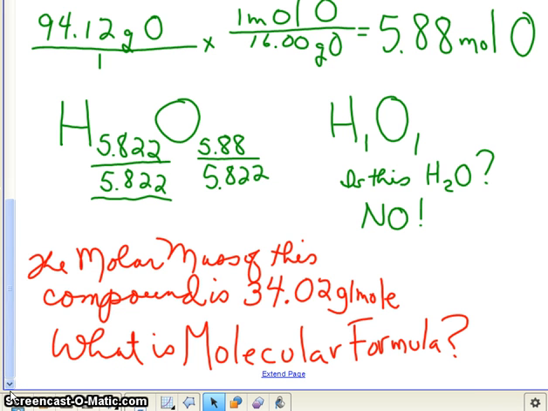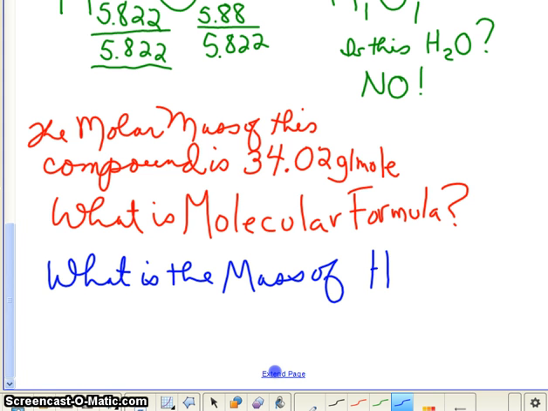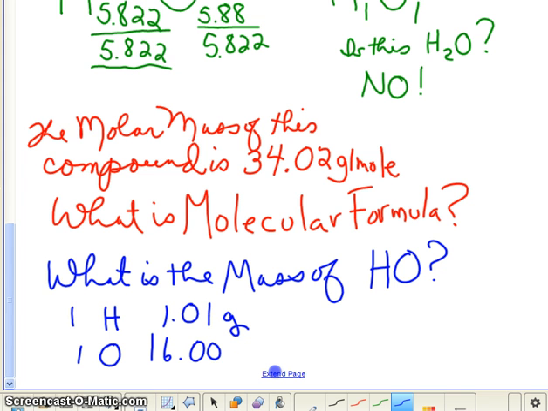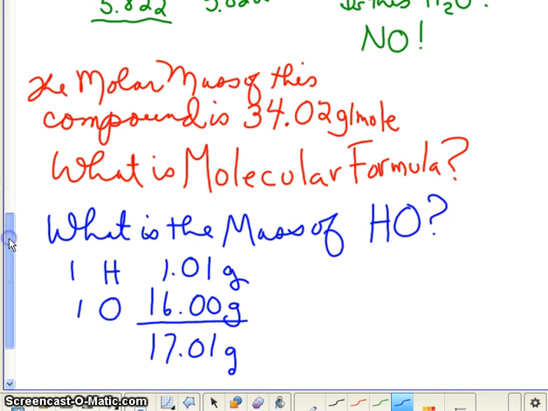is figure out, well, what is the mass of HO? So 1 hydrogen, 1.01 grams, 1 oxygen, 16.00 grams. So HO has a mass of 17.01 grams. And if the substance that we're talking about has an empirical